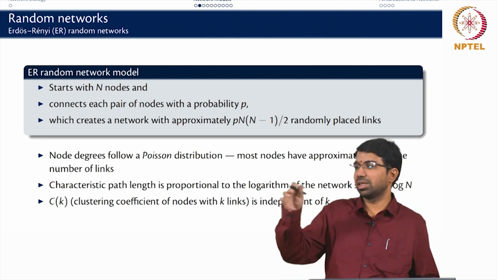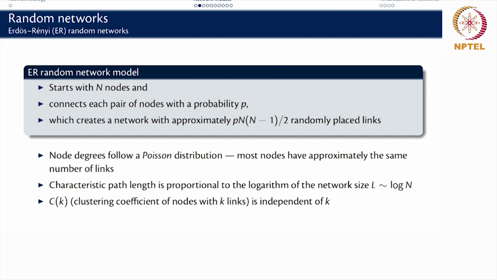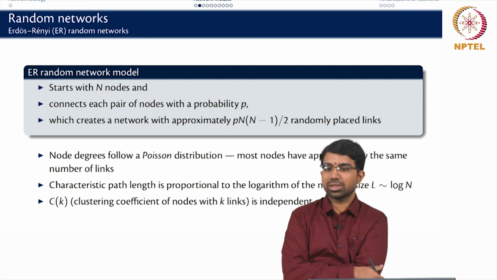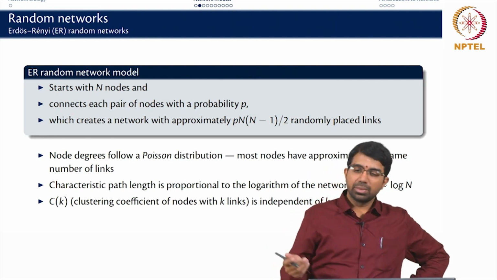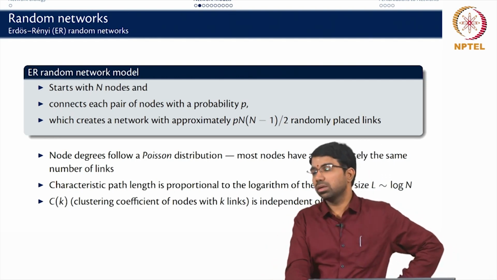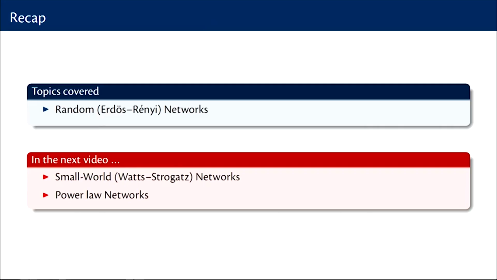So, it is essentially flatlining, but it turned out that this does not really represent many real networks. Of course, the idea here was not to represent real networks, but to get a base model to compare real networks with. But then people started wondering how to make network models that are more realistic and look like real networks. In today's video, I hope you had a good introduction to random networks, but real networks are seldom random. Next video, we will look at some important canonical models of real world networks, namely the small world networks and power law networks.